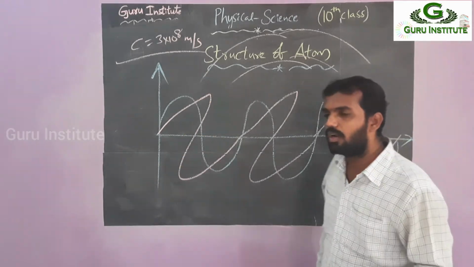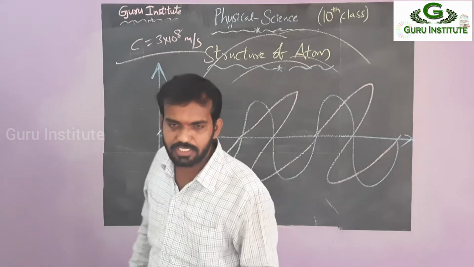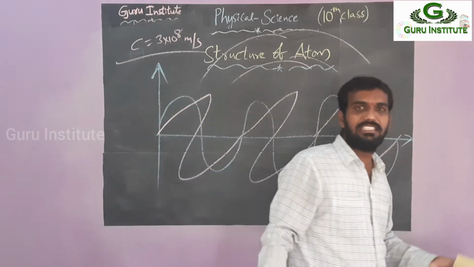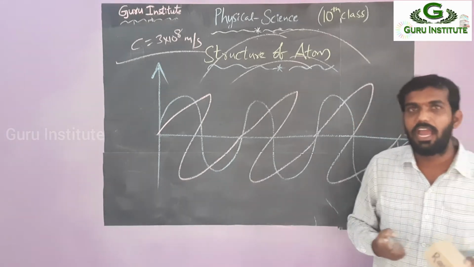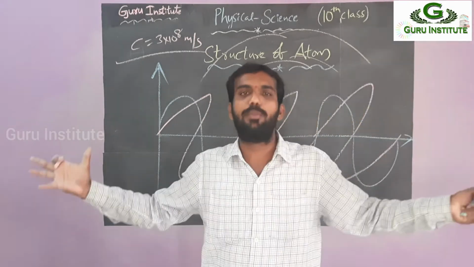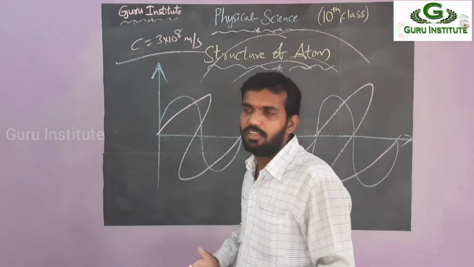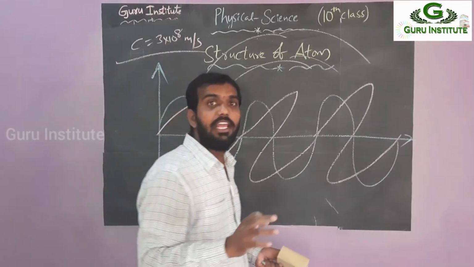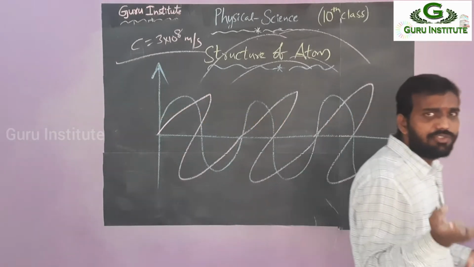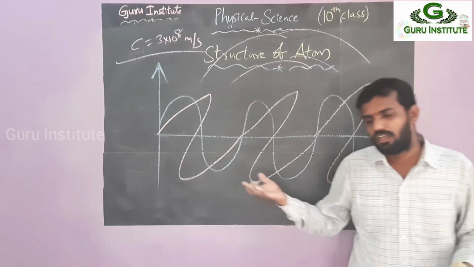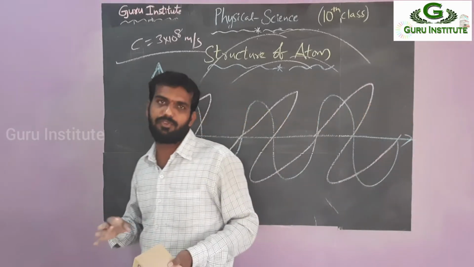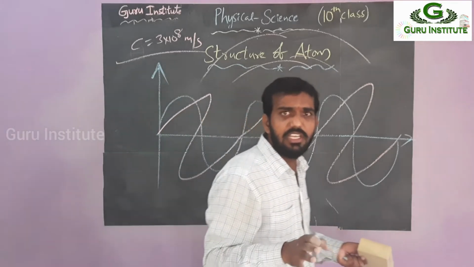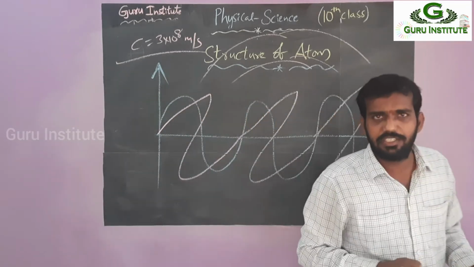Okay. In the human eye chapter we already discussed scattering of light and dispersion of light, right? Whenever scattering is done, what happens? It absorbs some energy and re-emits it in all directions. Then you can see this beautiful work, right? Less wavelength means high frequency, and more wavelength means less frequency. These are the different wavelengths and different frequencies. They all emit energy.